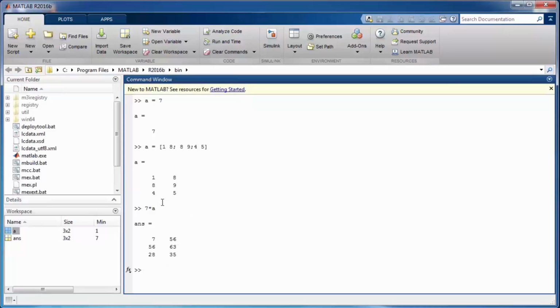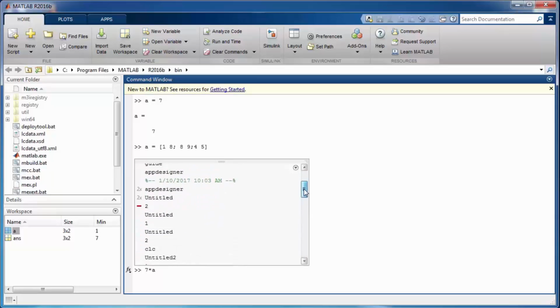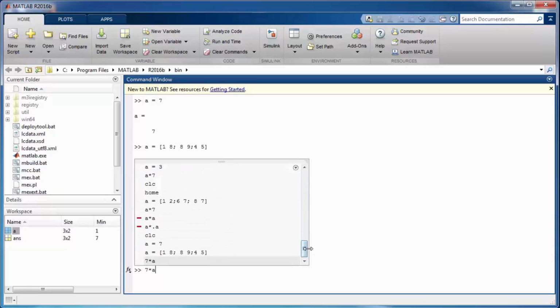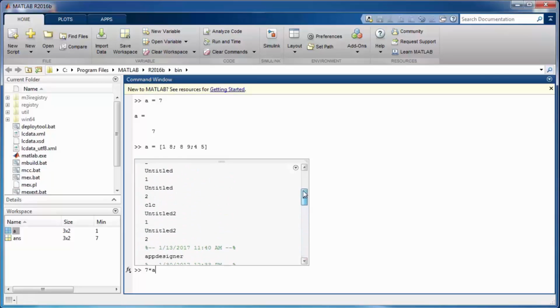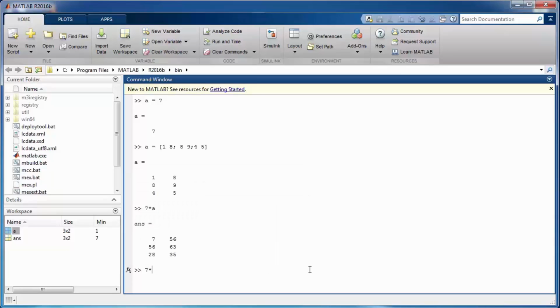Okay, one important thing is whatever we apply here, it is being stored. So whatever our work is, it is not going to be lost. If you press the up arrow key, you can see all the commands that we have been running since the start of this session. It keeps a history, and it's quite useful if you want to track what commands you have used recently, and you can create and do other useful operations on that as well. We will see that later on. So for now,